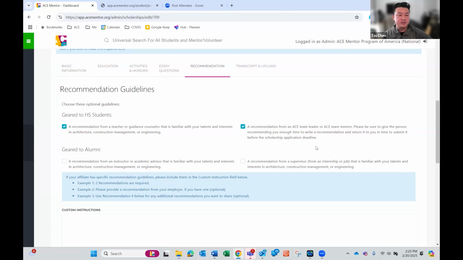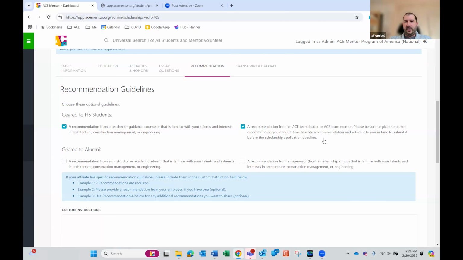So unless you have a small number of students, or if this is a differentiator that needs to happen, I would recommend maybe not requiring recommendation letters. Team leaders usually get on a call when they make the scholarship selections, and that's when they would advocate for the students, not necessarily having to write a recommendation letter for each student that wants to apply. So just something to consider